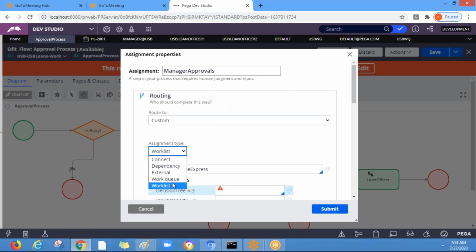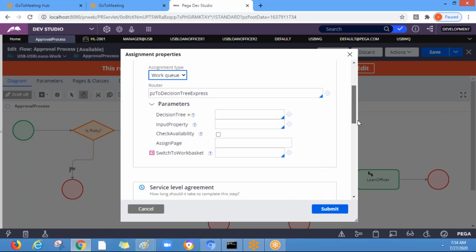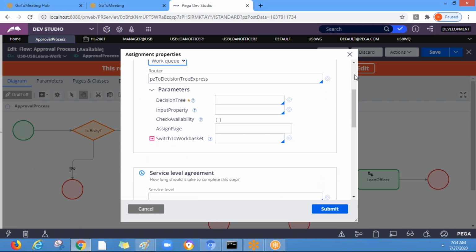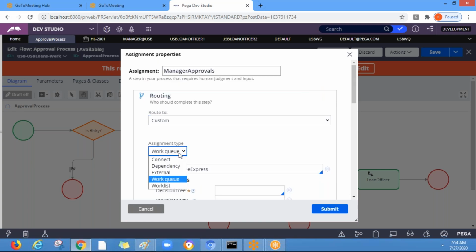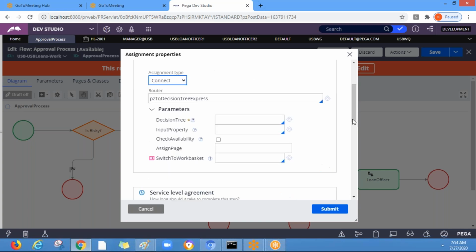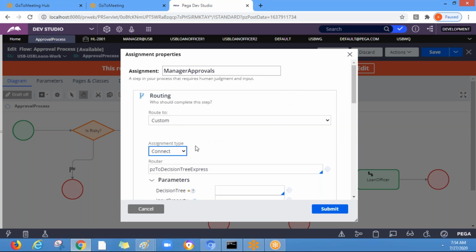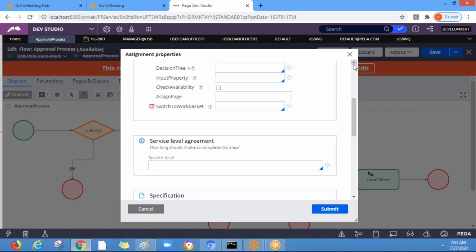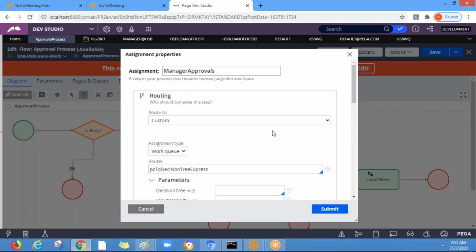And sometimes we use this also. So you put work queue, and again you can call the decision tree. So we'll see later. These are the different things. Okay, so we'll see these advanced options, but mostly we use the default options only.